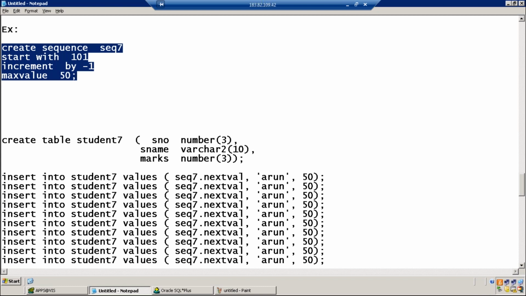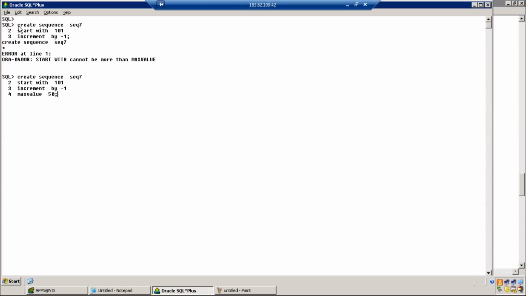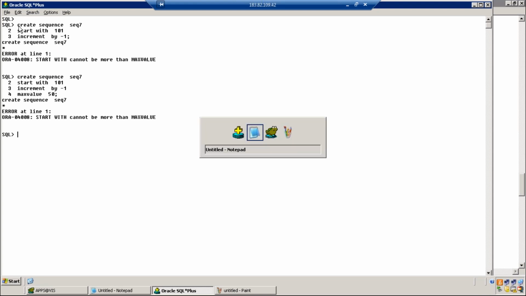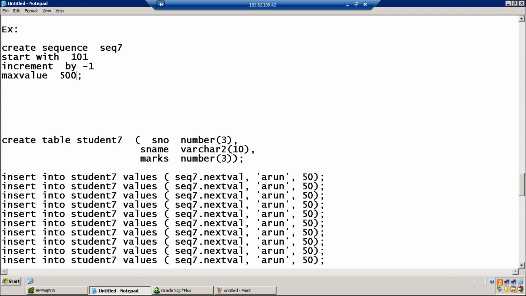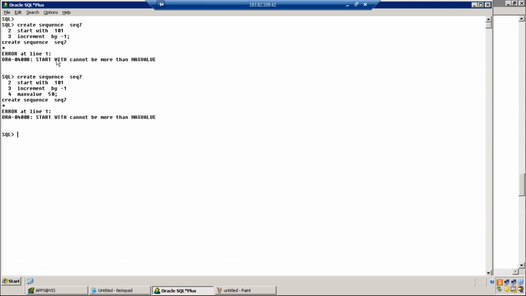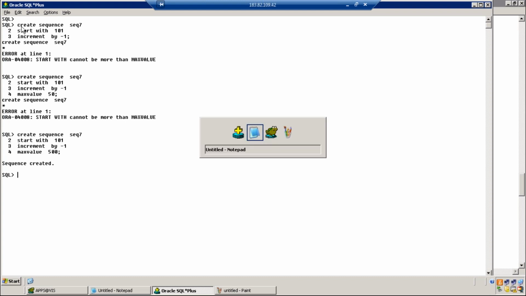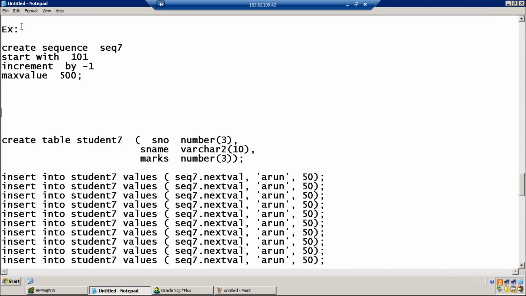Start with cannot be more than maximum value. Can we create a new one with a start number something different? Maximum value. So starting with 100.